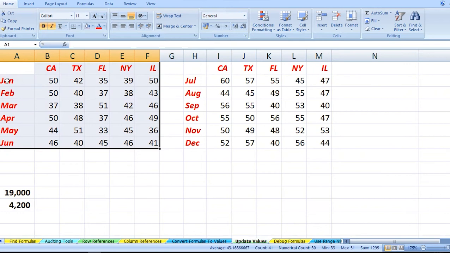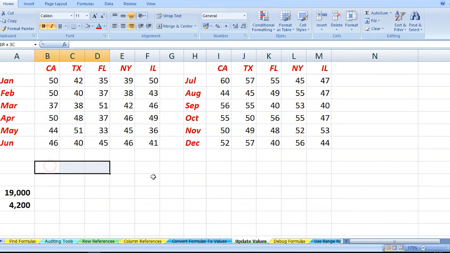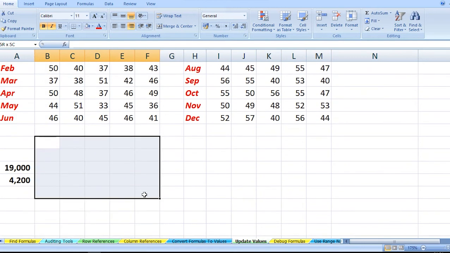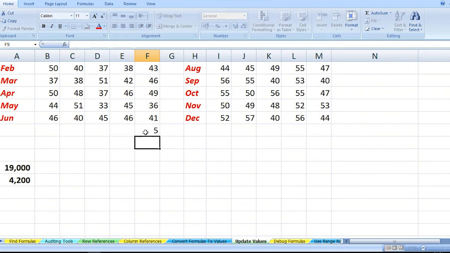From this section, we can analyze that for the first 6 months, certain values have been calculated, but we have figured out that these values are wrongly calculated. These values all should be increased by 5. So instead of writing different formulas to increase all those values by 5, what I would prefer is to write the value with which we would like to increase all these values. For our case, it is 5.